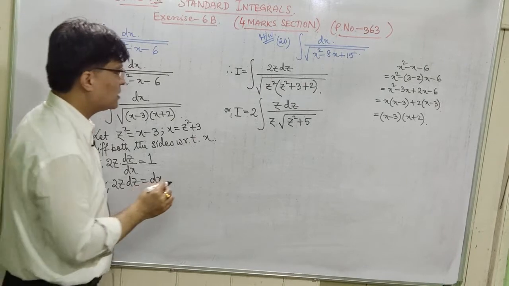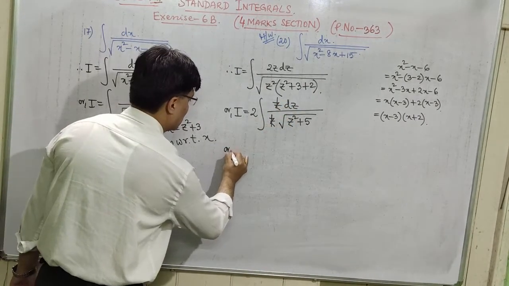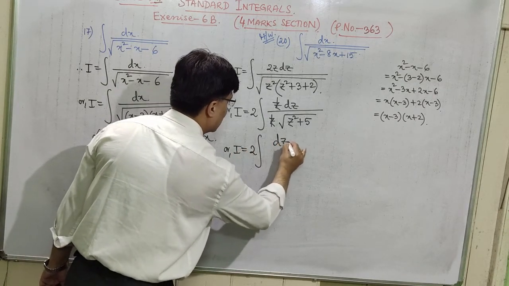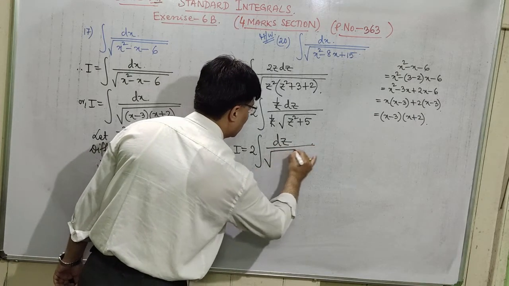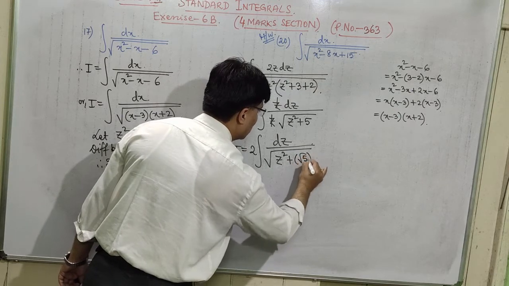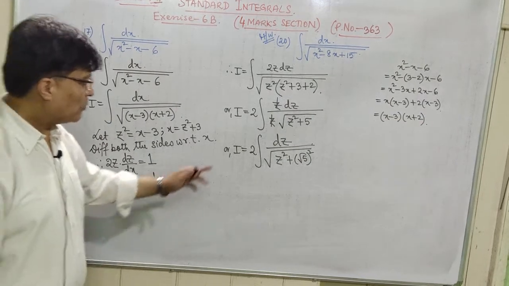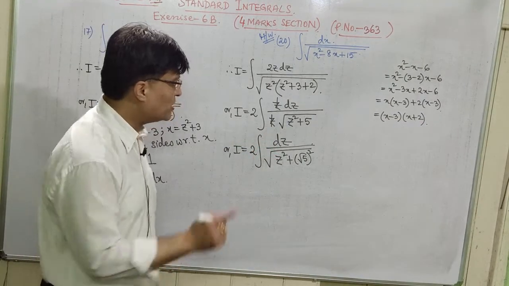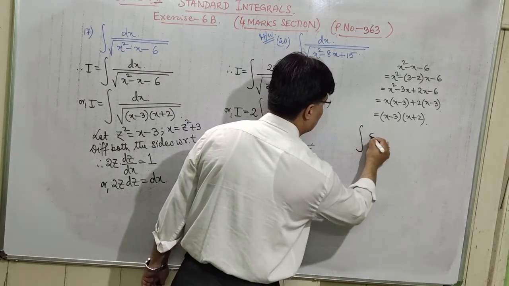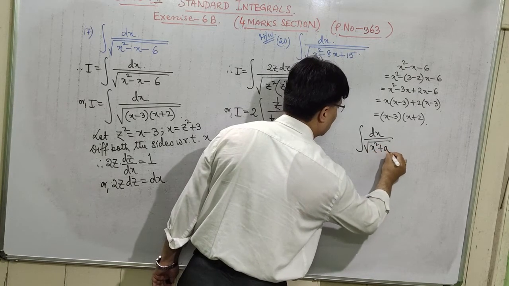So I think you've understood it. Here this z gets cancelled. So I is equal to 2 integration of dz divided by root over z square plus 5. Let us convert it into a standard integral. Now this is your standard integral. Which standard integral is used out here? We can use this standard integral, that is integration of dx divided by root over x square plus a square,